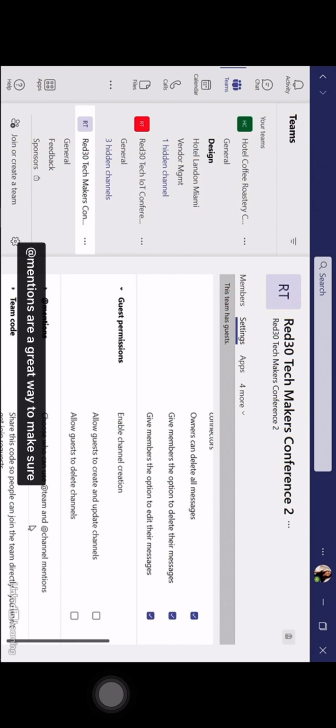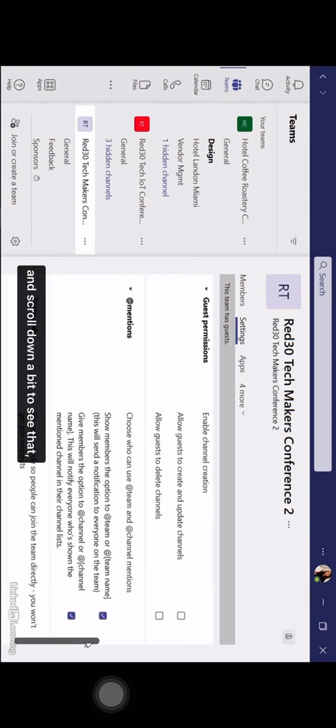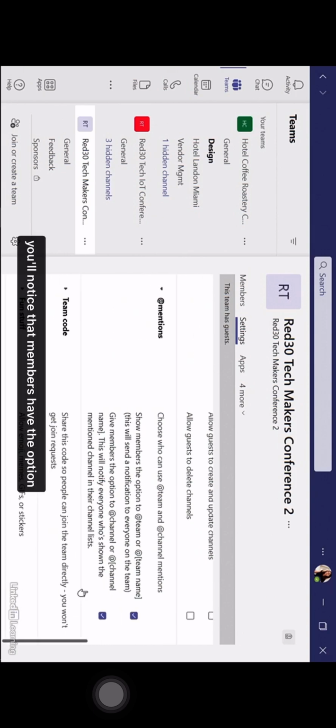App mentions are a great way to make sure you're getting the right audience to have awareness about a message, to get notified about that message based on their settings. If we expand the app mentions area and scroll down a bit, you'll notice that members have the option to use the @team or @team name to notify everyone on the team. They also have the option to use the @channel or @channel name to notify everyone who has that mentioned channel